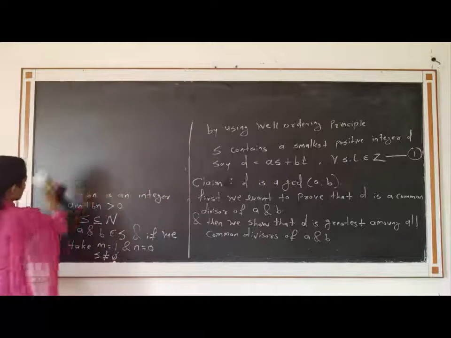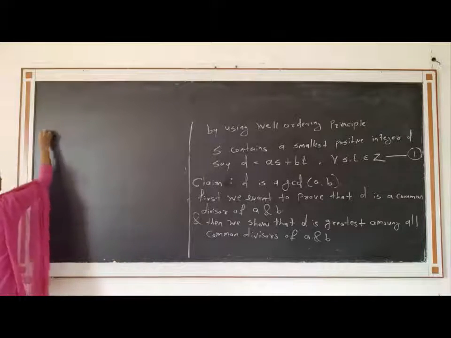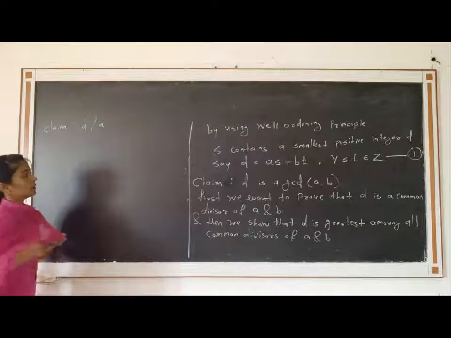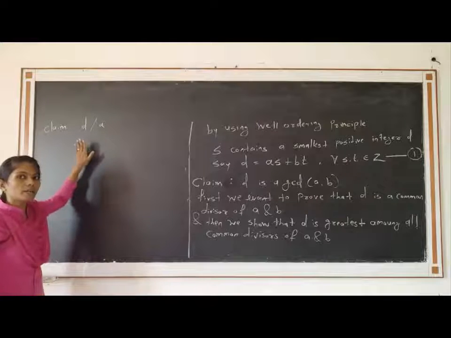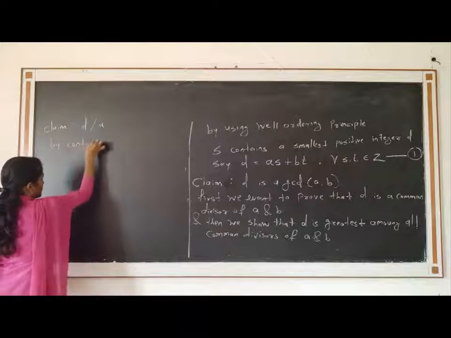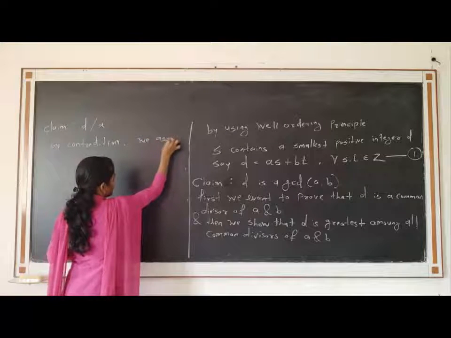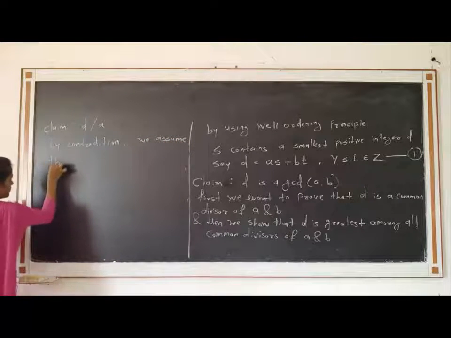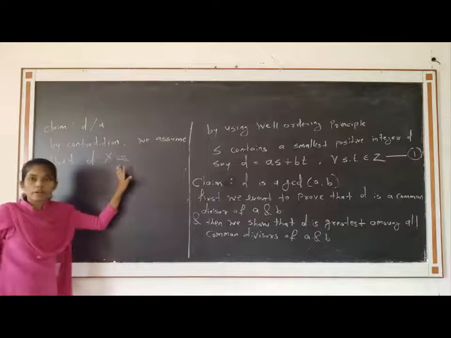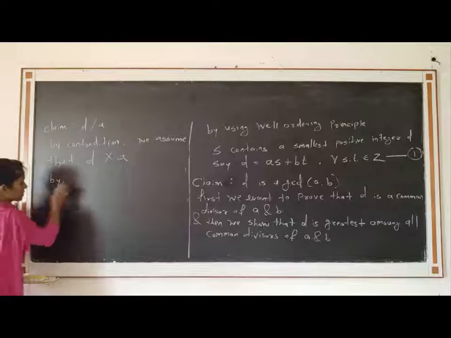So here again we claim that D divides A. We prove this by the contradiction method. By contradiction, we assume that D does not divide A. So by using the division algorithm,